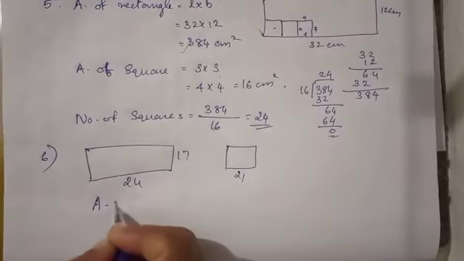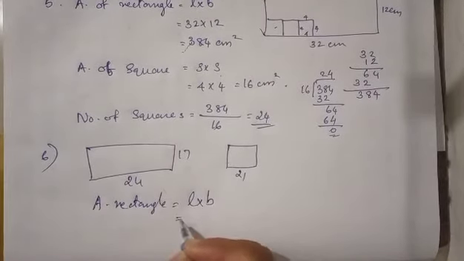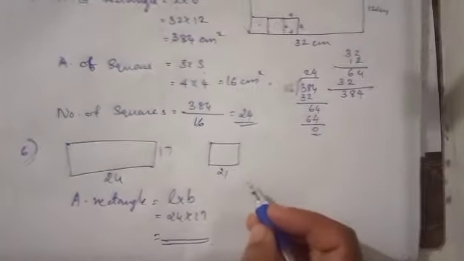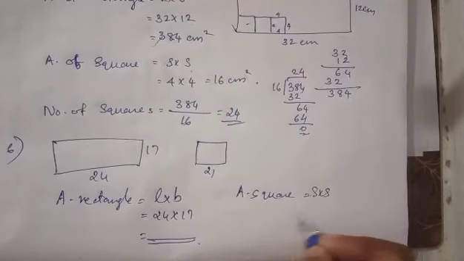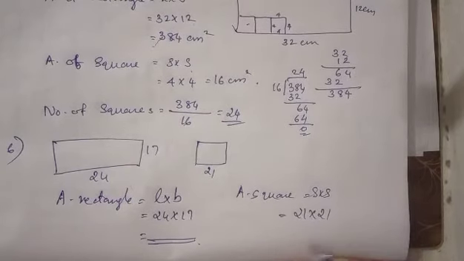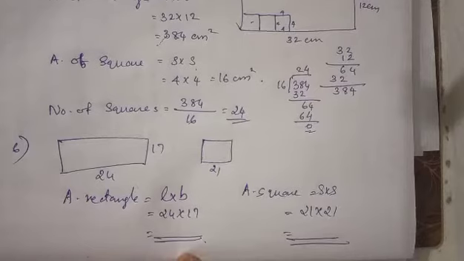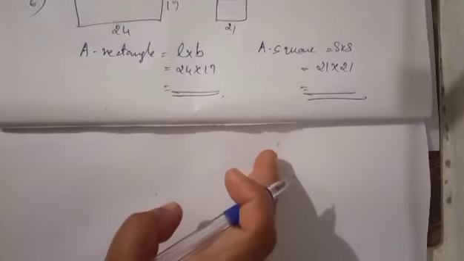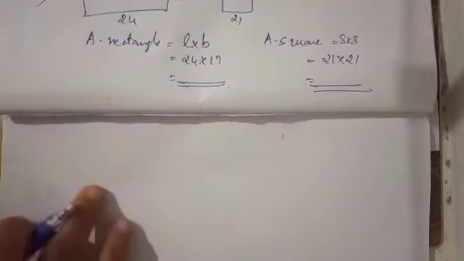What is the area of the rectangle? Area of the rectangle, you know how to find. Length into breadth, right? So, 24 into 17, multiply, you will get one answer. Then find the area of a square. Area of a square is side into side, very easy, no? Then 21 is each side, 21 into 21, how much? Then compare which one is greater. Then we can say that figure has the larger area. By how much means subtract and find out how much more it is. Which one is larger and how much more. Subtract these two answers, you will get how much more it is.